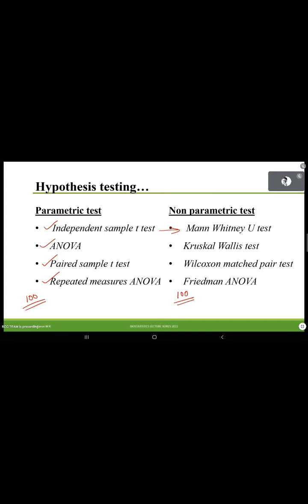Nursing students, you may have learned what correlation is, what Pearson correlation is, what Spearman correlation is. So Pearson we use to see the relationship between two variables whenever data follows normality. If data violates the normality assumption, you should go for Spearman's correlation. So a large number of parametric methods and the same number of non-parametric methods are there.